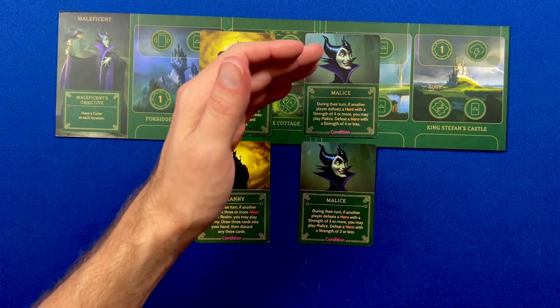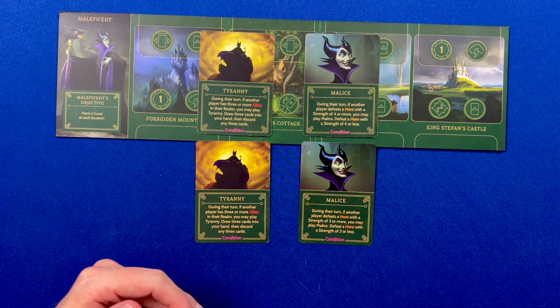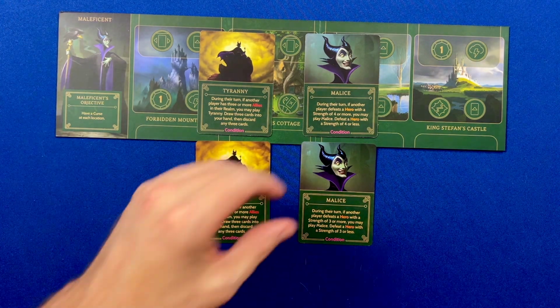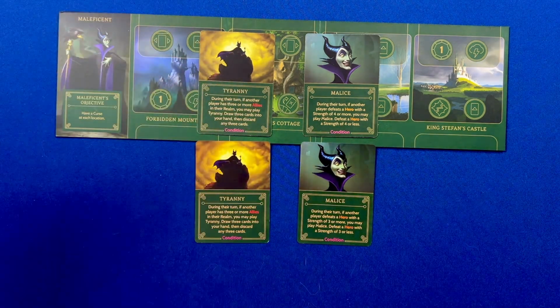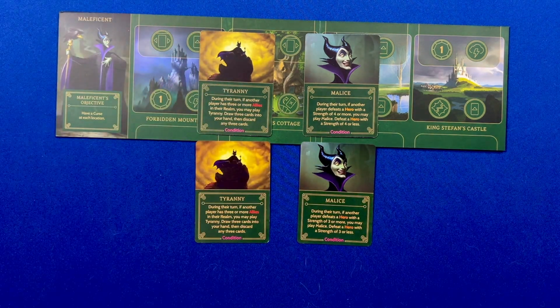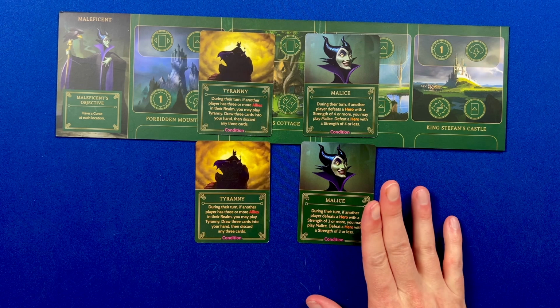The old malice is if another player defeats a hero with a strength of 4 or more, then Maleficent gets to defeat a hero with a strength of 4 or less. The new one says 3 or more on their side, 3 or less on your side. So you have a lot more options. Well, I say you have a lot more options. You can't use that. Okay, so I think this one, it can activate more often, but you can't use it